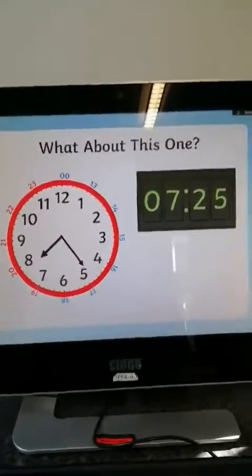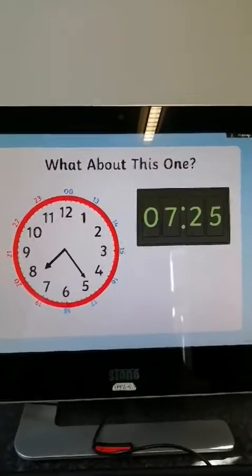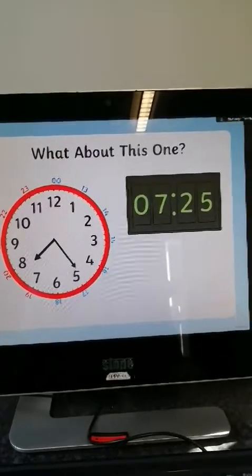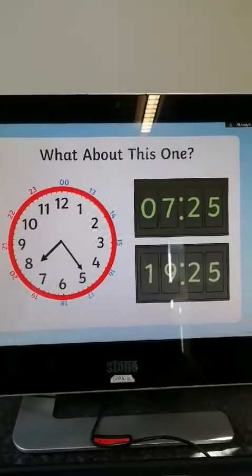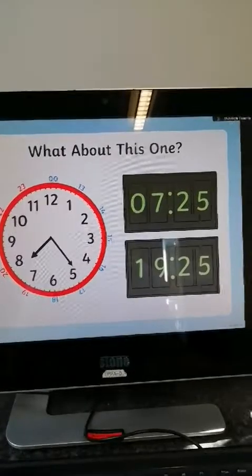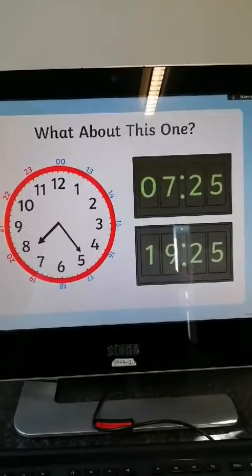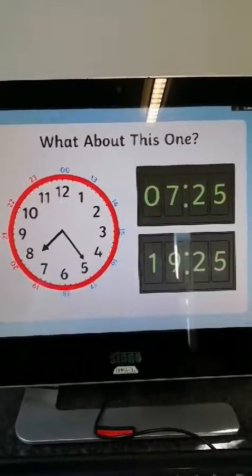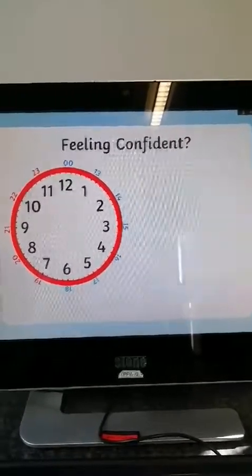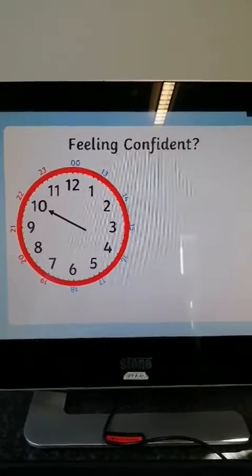About the time you'd be waking up, really, to go to school or to just start the day. And also in the evening, adding 12 hours. 7 add 12 is 19, so 7:25 at night, or 19:25 in 24 hour. Feeling confident. So